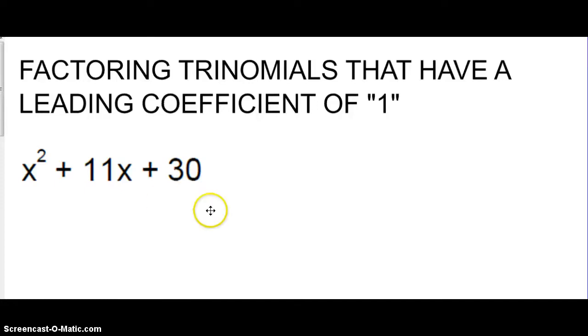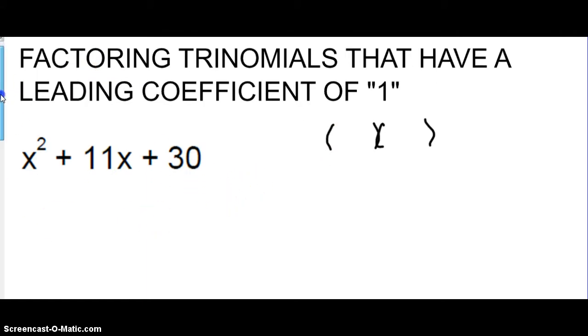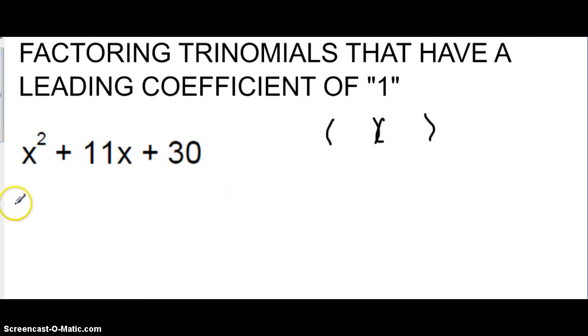Okay, today we're going to be talking about factoring trinomials that have a leading coefficient of 1. And remember, when we're factoring, we're rewriting expressions into multiplication form. That's what it means to be a factor, and that's what it means to factor. So let's take a look at